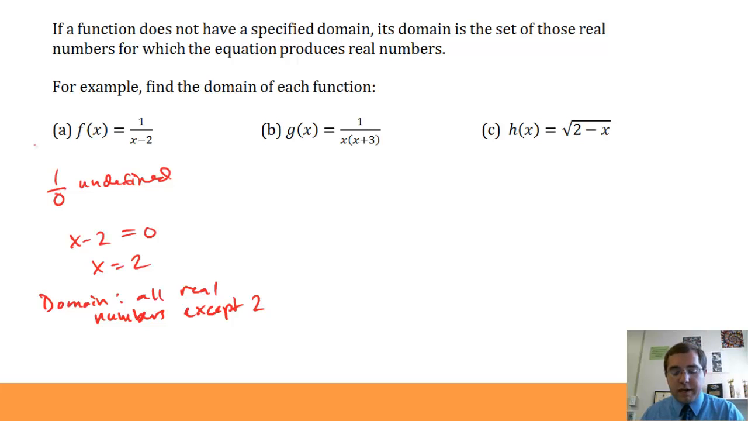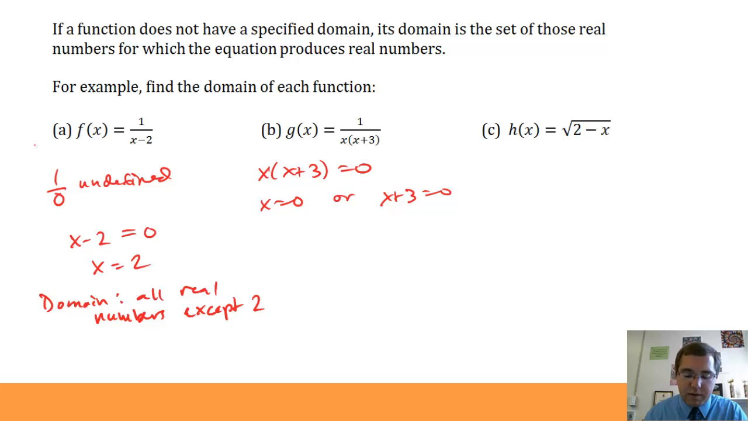Part B, g of x equals 1 over x times x plus 3. Again, we're looking for things that make the denominator equal to 0. So if my denominator equals 0, that means either x equals 0 or x plus 3 equals 0, because when two things are multiplied together to be 0, one of them has to be 0. So that means x cannot be 0, and x cannot be negative 3. So we need to throw those two things out of our domain. So the domain is all real numbers except